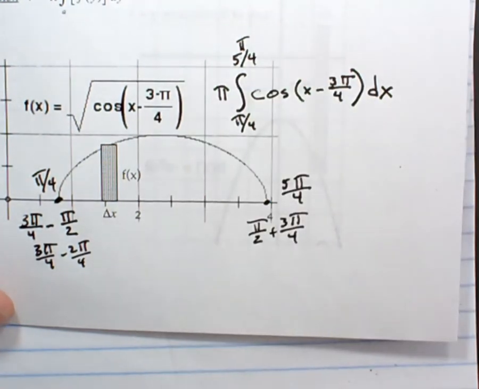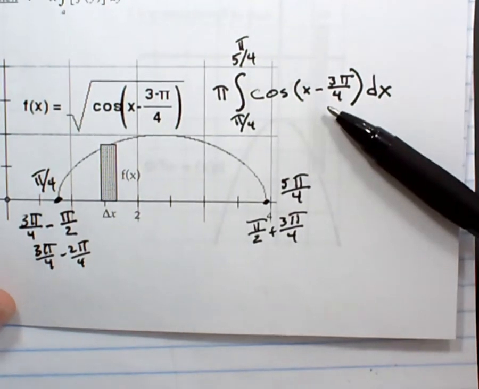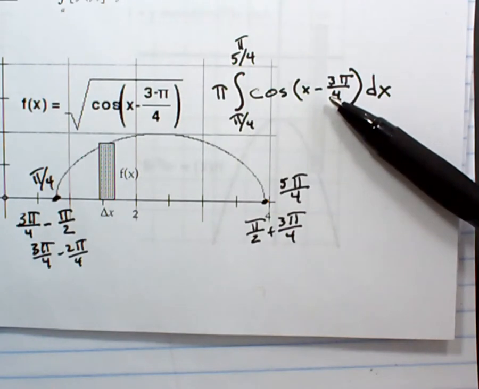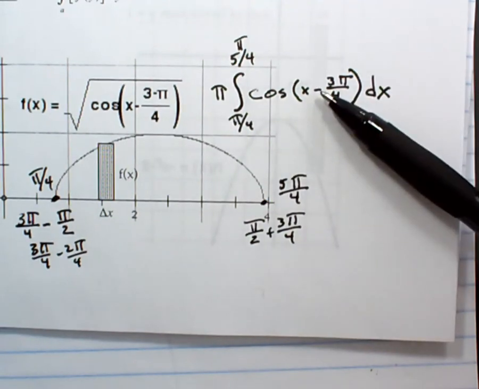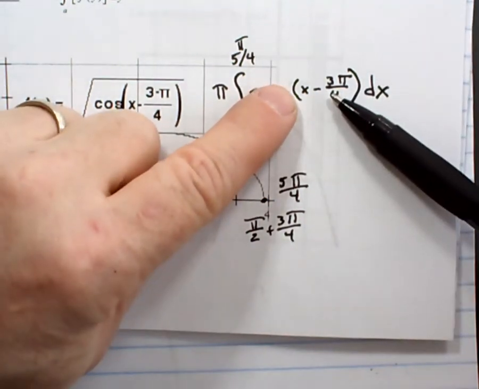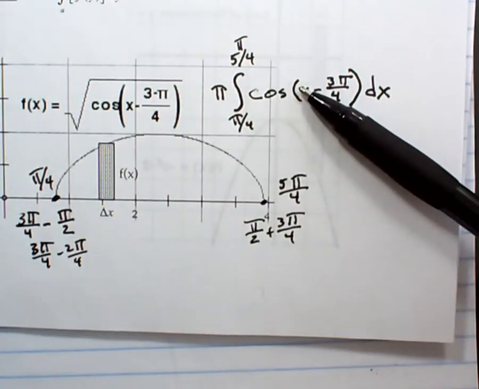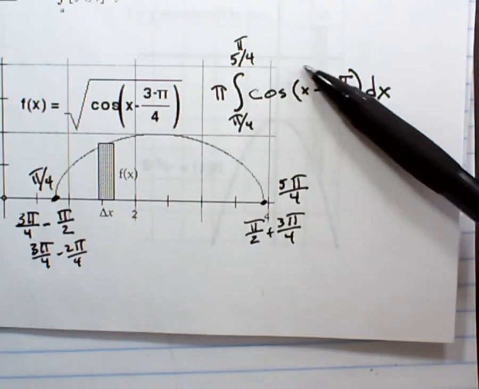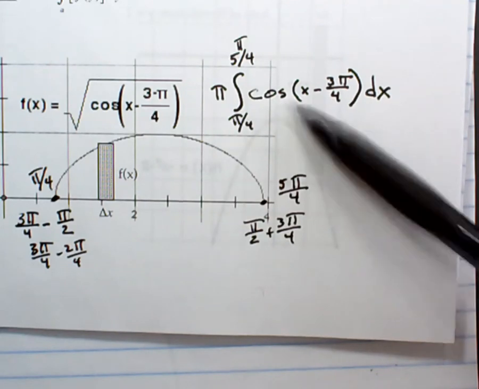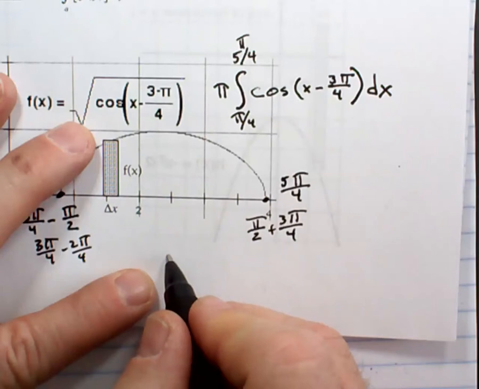Alrighty. What's the antiderivative for this? Well, I look in parentheses. I see if its derivative exists in the integral, correct? What's the derivative of this thing in parentheses? 1. Does it exist in the integral? 1's everywhere, right? Okay, so I could simply take the antiderivative of cosine, which is sine. Awesome. So I have pi